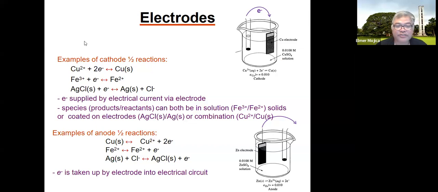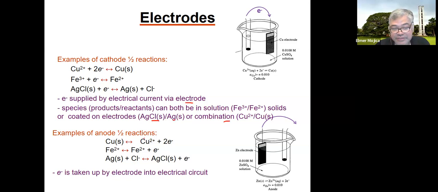So in a cathode half reaction, like the example that we have here, this is where reduction happens. So the electron is supplied by the electrical current via the electrode. And the species can both be in solution, solids, or coated on electrodes like this one, silver, silver chloride, or a combination of copper 2 plus and copper